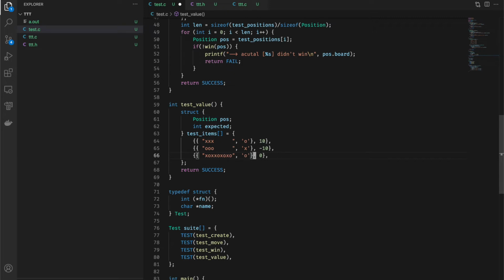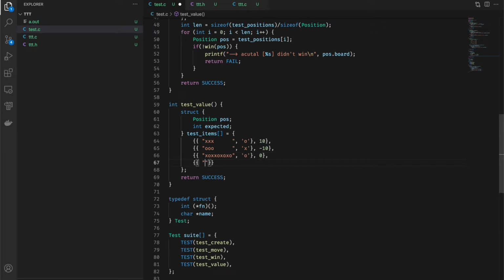So we have this that will give the value for these, and then we also want to have this situation where if you have two x's and a blank, right? 1, 2, 3, 1, 2, 3, and it's x's turn, then we know that this is going to be a 9. So it's going to be one less than the maximum value because the next turn he should be able to put an x right there, and then that will be a 10. So I don't want this to be a 10 quite yet. I want it to be one less because